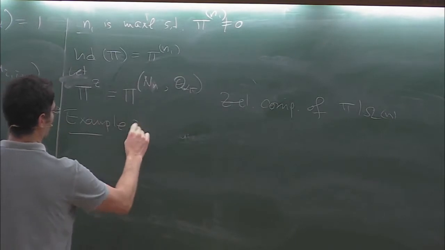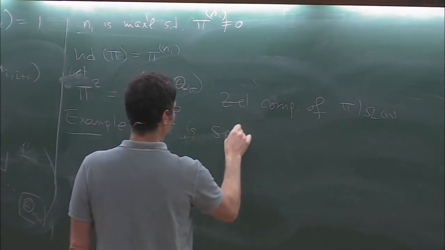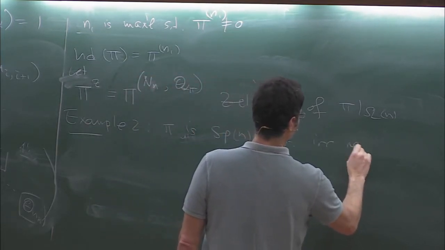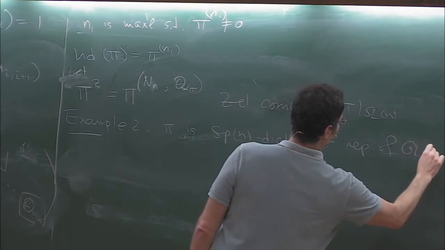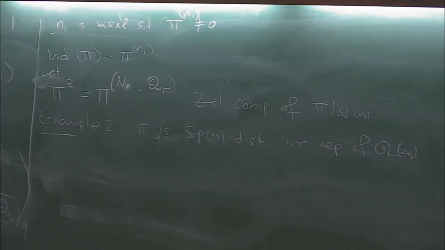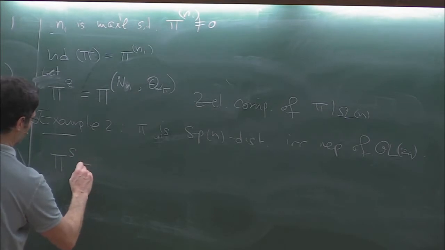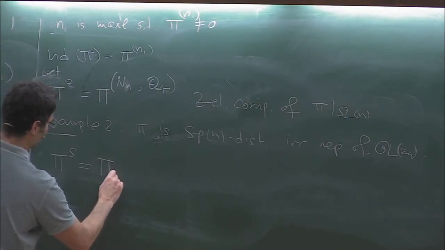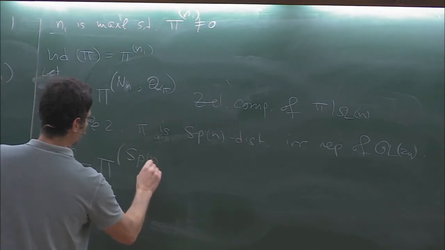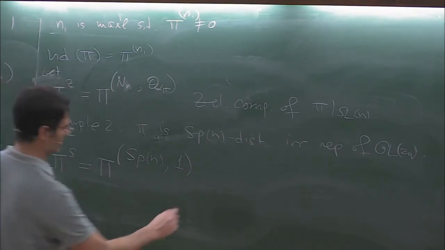And the second example I want to consider is that pi is an Sp_n distinguished irreducible representation of GL2n. And in this case, I will call the symplectic component the unique component of the restriction to SL2n which is distinguished by the symplectic subgroup. Okay,